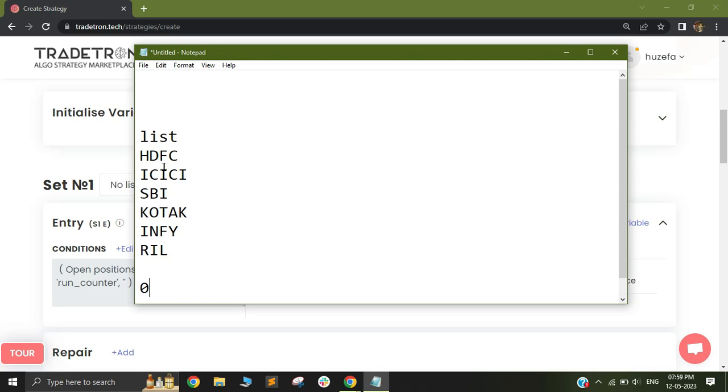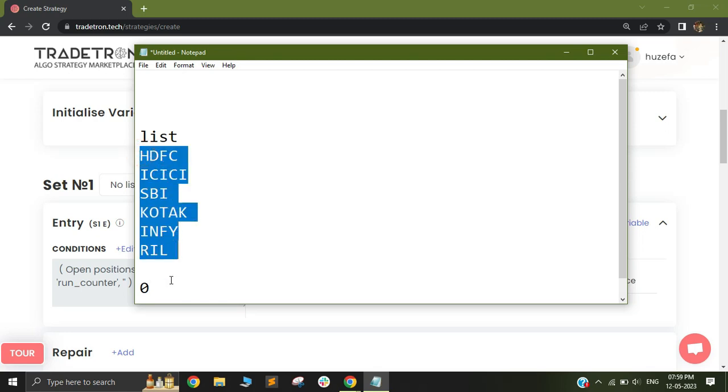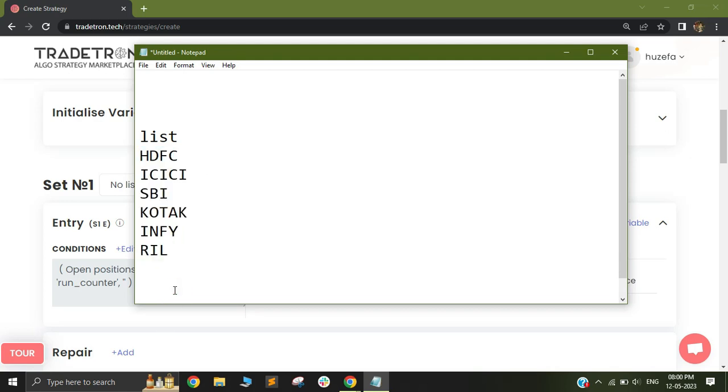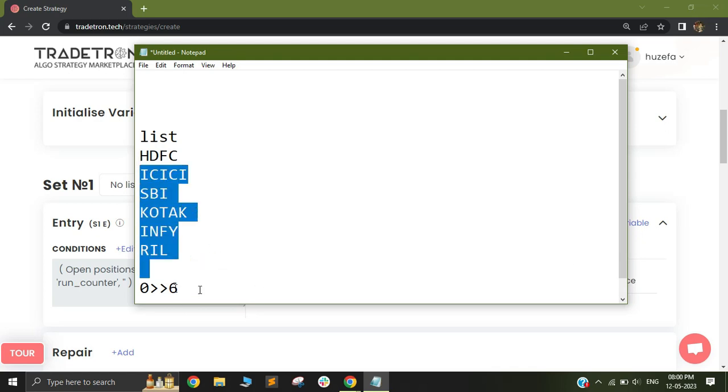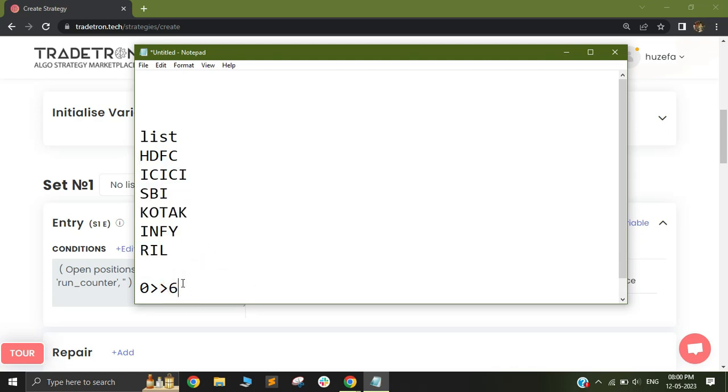But at the very next instance, when the check happened, it saw that the trade was triggered in all these six instruments. In that case, it will bypass this open position rule, because at the previous check it found that there were zero open positions, and at the next check itself it found a trade to be triggered in all six. So accordingly, it will fire a trade in all six different instruments,